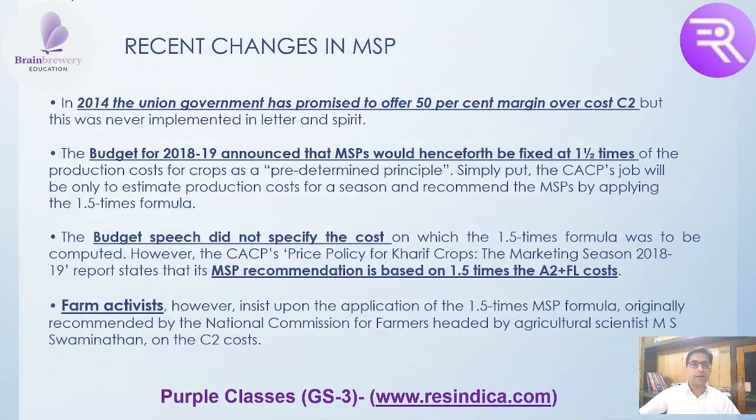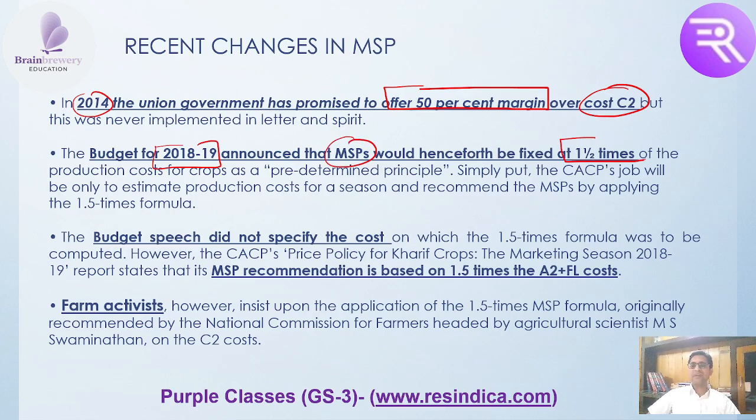Okay, so in 2014, what is the issue that is happening? Recent changes in MSP: the government said in the 2014 budget that we will be offering you a 50% margin over cost C2. That means whatever your cost C2, 50% more we will be giving, but it was not implemented till now, right? Then again in budget 2018-19, the government announced that MSP would be 1.5 times of the production cost. But government said that